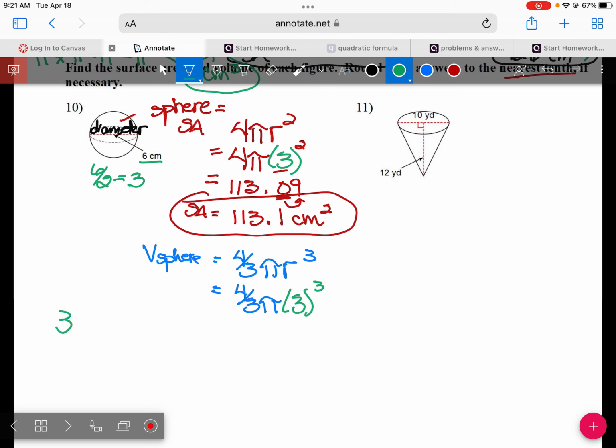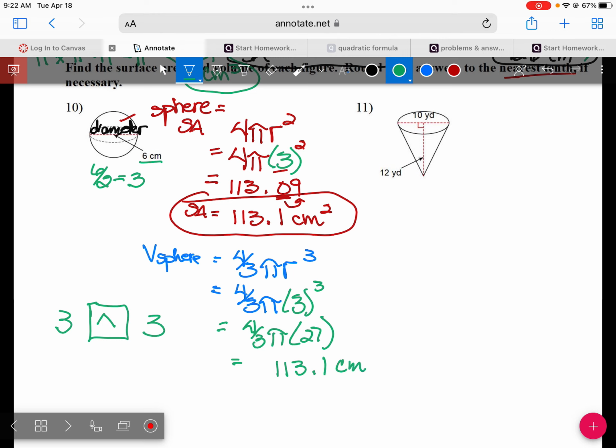Remember, it's going to be 3, and then you do the upside down caret, and then 3. So if you multiply these all together, yes, it is 27. And that's just the 3 caret 3 is 27. So 4/3 times pi times 27, you should get